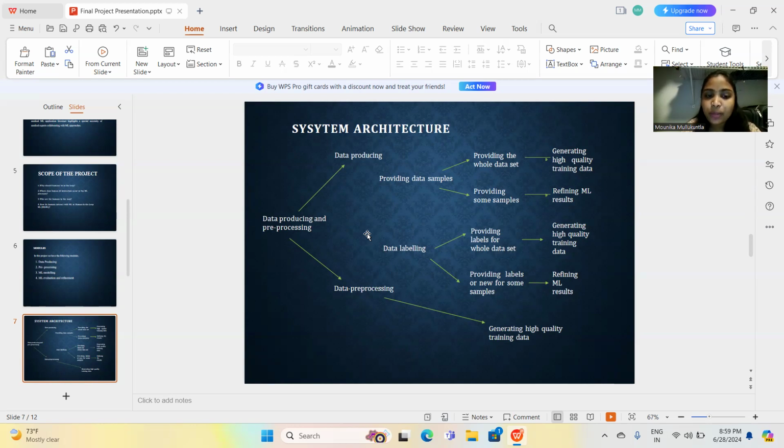It is also a combination of both evaluating and refining the machine learning results. As part of this evaluation and refinement of machine learning, our model is trained and validated, and it is tested on new data to evaluate its performance in real world scenarios or in the field that we have taken. It also evaluates the model refinement to improve its accuracy and reliability.